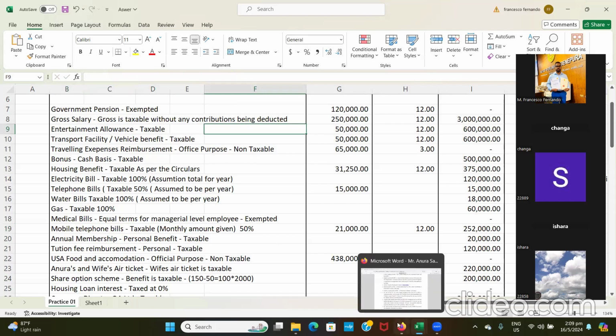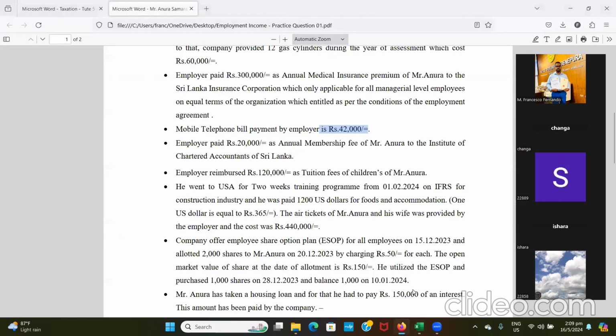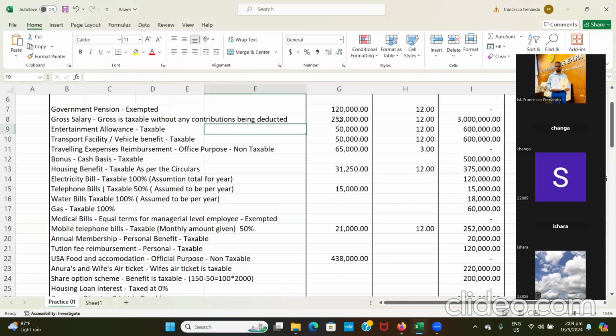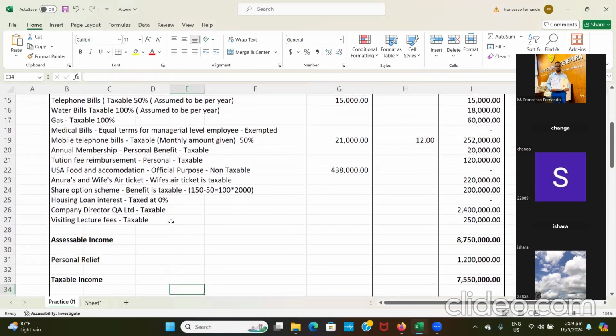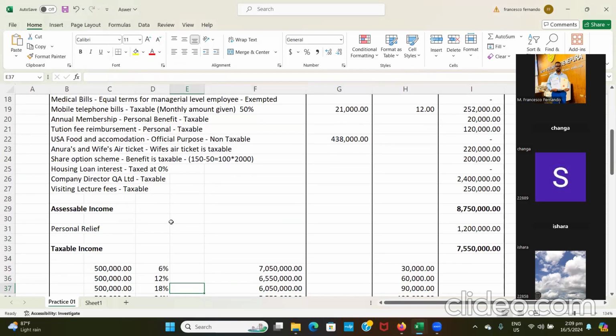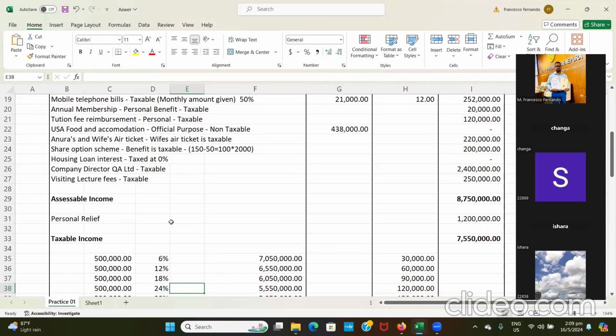So moving forward, employer paid 20,000 as the annual membership fees of the Institute of Chartered Accountants of Sri Lanka. So the employer pays the annual membership fees. Now annual membership fees, right? Annual membership fees is